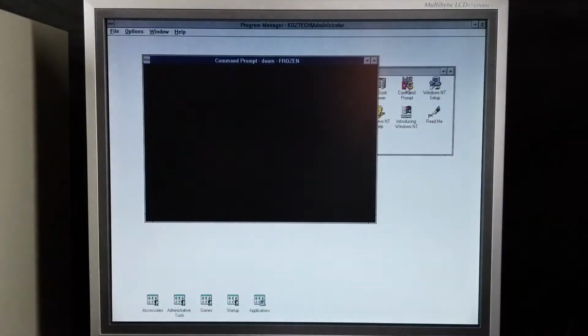It goes full screen anyway. Could it be because of the sound drivers? Maybe I'll have to